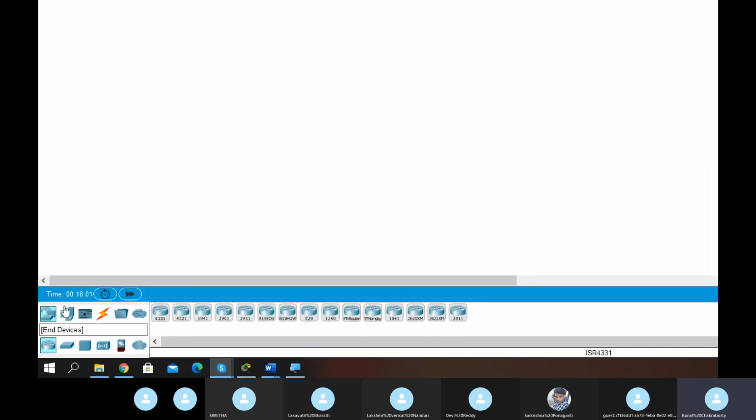Okay. So now here you can see there are some devices which are given. Here down you can see routers. So you have to select all the routers from here. You will get a lot of options over here, out of which 2811 is the stable one, where you will get 100% output. 2811, that means 2800 series. With the 2800 series router, you will get 100% output in software.